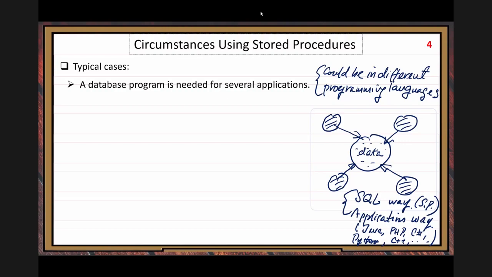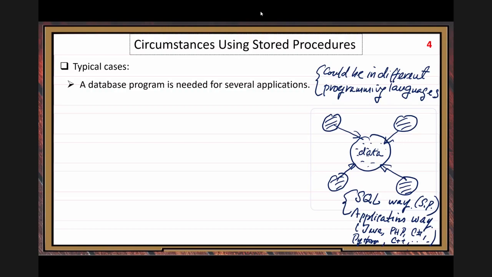In that situation, imagine some of the data-intensive services, it's better you use the SQL way to do it. SQL way is better than application way for certain data-intensive services. Why? Here, I explain why.